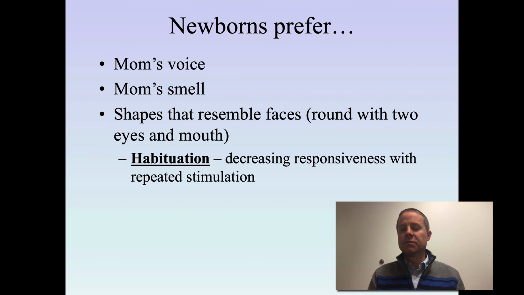They do that also with mom's smell. If you give a t-shirt that mom wore to the baby and a t-shirt that dad wore to the baby, babies prefer the mom-smelling t-shirt. And that's because right away they're feeding, they're up close to the mom all the time, they get a lot of comfort from mom, and so they develop that preference. I don't know what happens if mom isn't breastfeeding, maybe it's different.